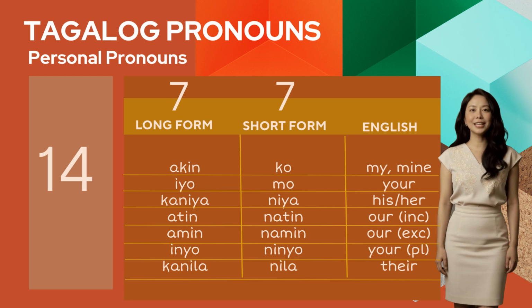And that brings us to the end of our lesson on the 14 Tagalog possessive pronouns. On this table, you can see all 7 pairs together. The long forms that come before the noun or can stand alone, and the short forms that come after the noun or after the verb. You can save or screenshot this table so you can use it as a guide in the future. And remember our memory trick: long before, short after, meaning stays, only placement changes. If you can master all these 14 possessive pronouns and their usage, you will be more confident and more fluent